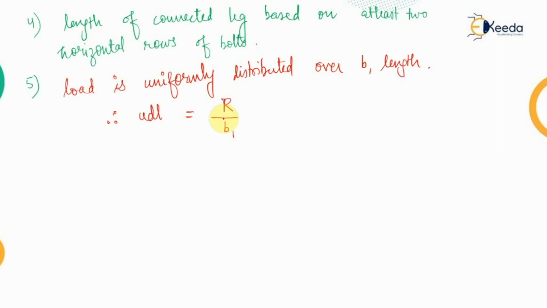So that is the UDL. Now the moment which is coming onto the section, so moment at the section, and the critical section is taken for the angle section, as we have seen in the diagram previously. This length is taken equal at the root of the fillet. So this was the bearing where we calculated the B1 length. So at the root of the fillet, this is the B2 value.